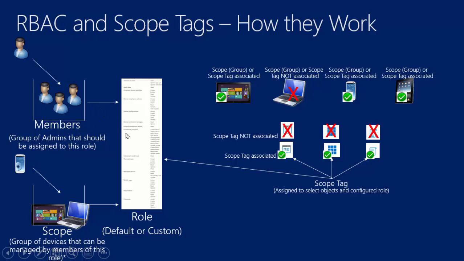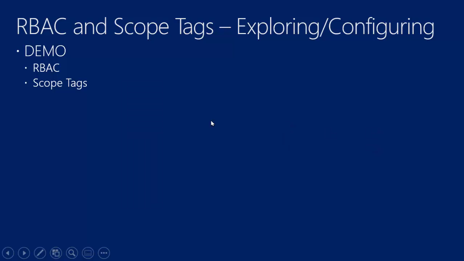And so the users that are permissioned to use this particular set of permissions in this role will then also inherit the scope tag. And so they will only be able to use these permissions on objects that have the same scope tag. So these members can see these three objects, but these three won't even show up in the console. The members can see these three devices, but this fourth one won't even show up in the console, right? You'll see that in a minute as we go through some things, okay? All right. So that said, let's actually pull in the device management console and walk through how we go about